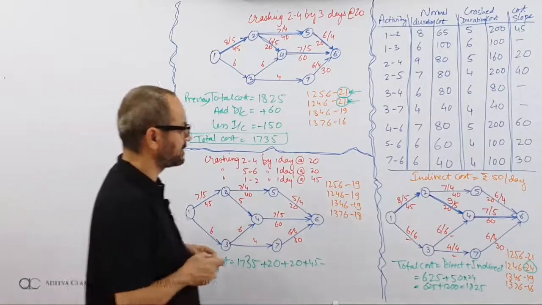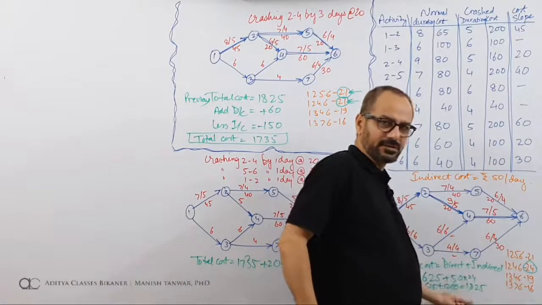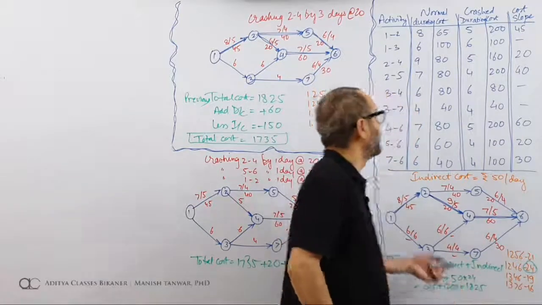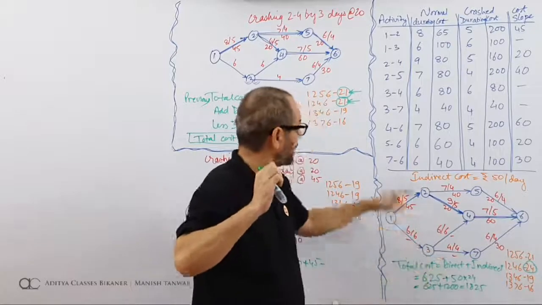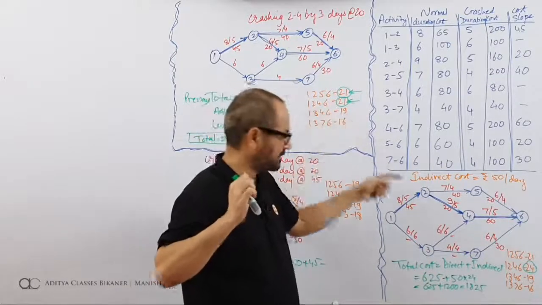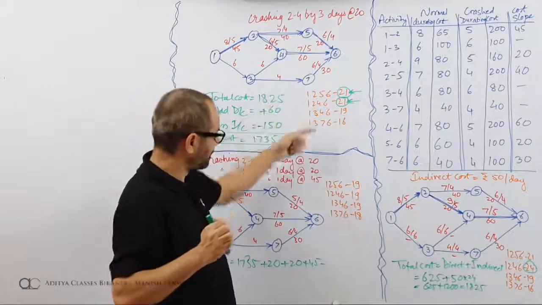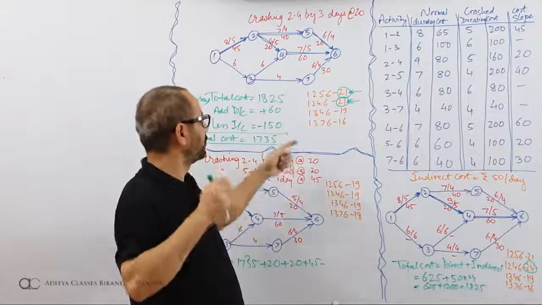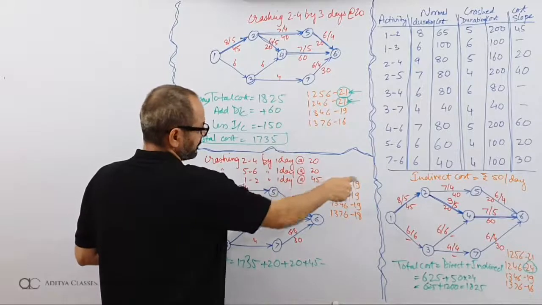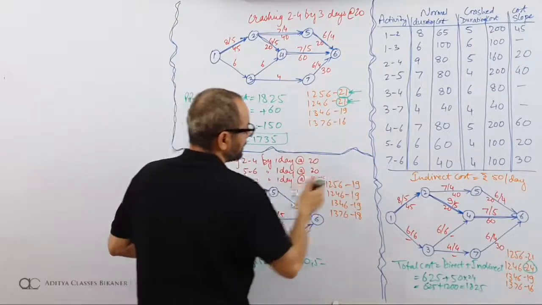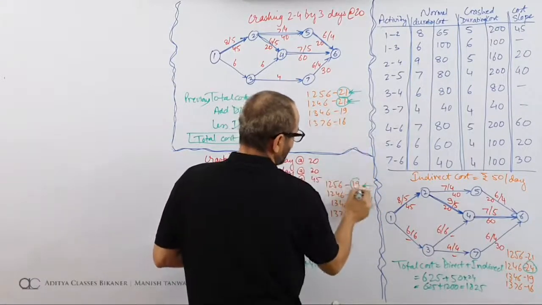Indirect cost is being saved. How is it being saved? Earlier the critical was 24, so I made a payment for 24 days. That is 1200. But when the critical became 21, I subtracted 3 days because I will be making a payment only for 21 days. So I subtracted 3 days from this. 3 multiplied by 50. Now the 21 has come down to 19. So I will be subtracting 2 more days. So that will become 2 multiplied by 50. My criticals are down to 19.